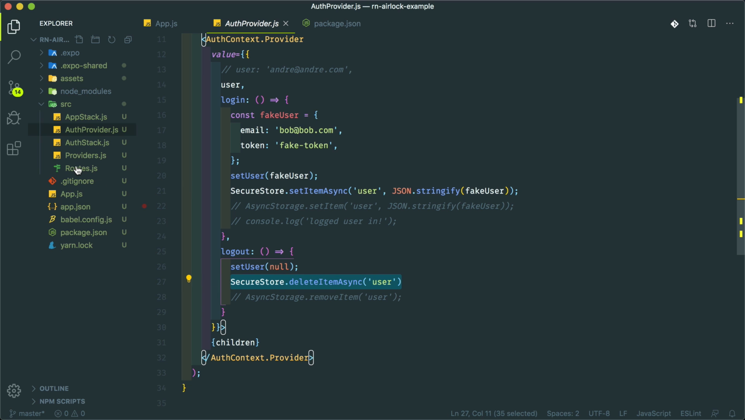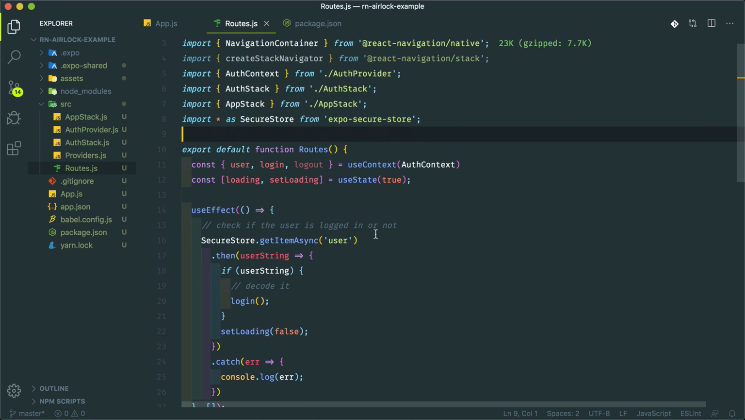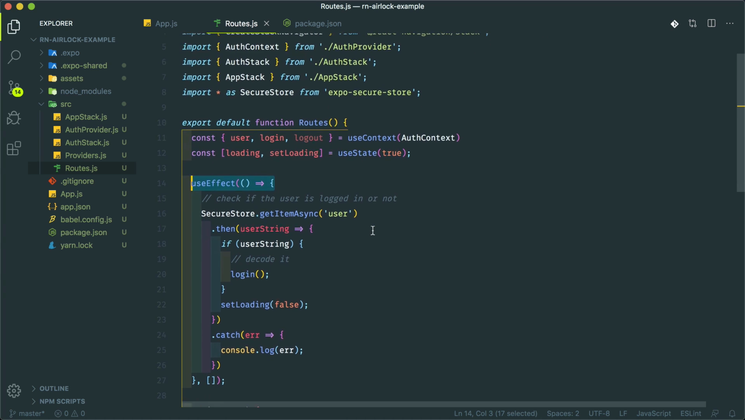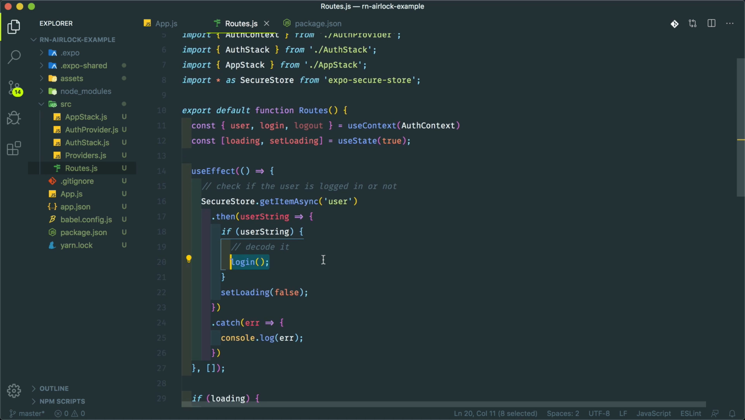Now, if you go into routes.js, here is where I am checking if the key in secure store exists in this useEffect hook, which is pretty much the mounted hook. And if there is a key, then we just log in. And if you go down here,